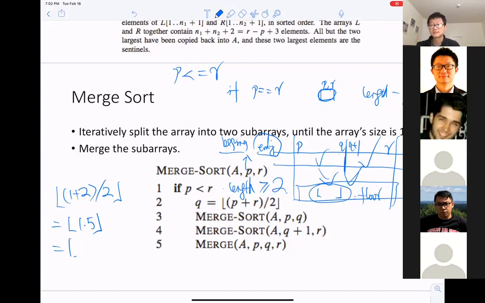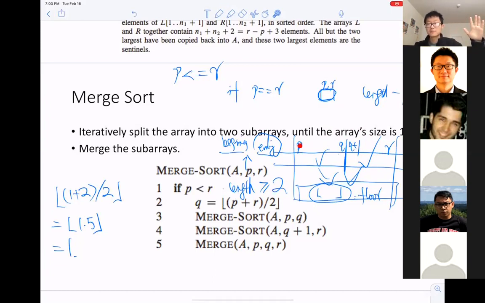Okay. Here I got one more question from the chat area, asking if P is the first index and R is the last index. P is the first index of the subarray, and R is the last index of the subarray. P and R do not have to be the beginning and end index of the whole array.